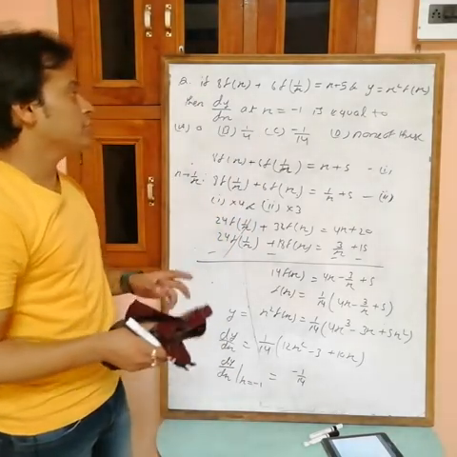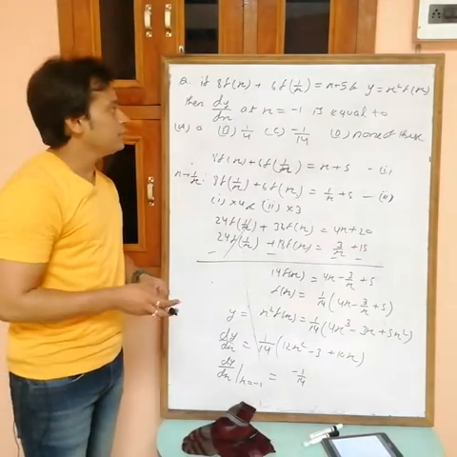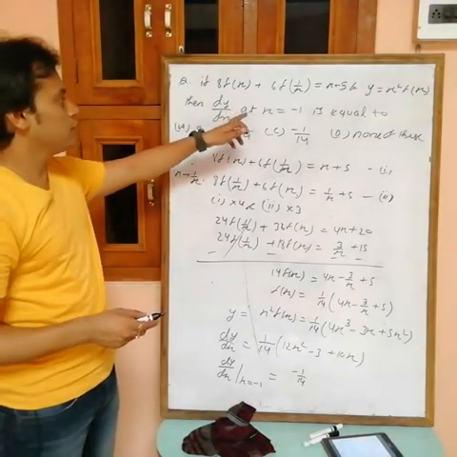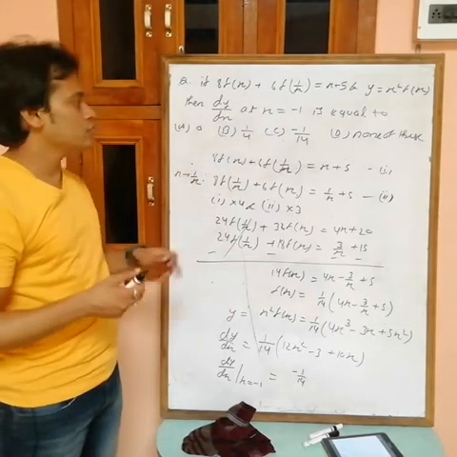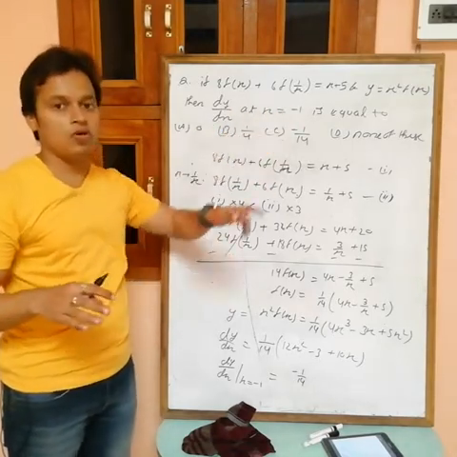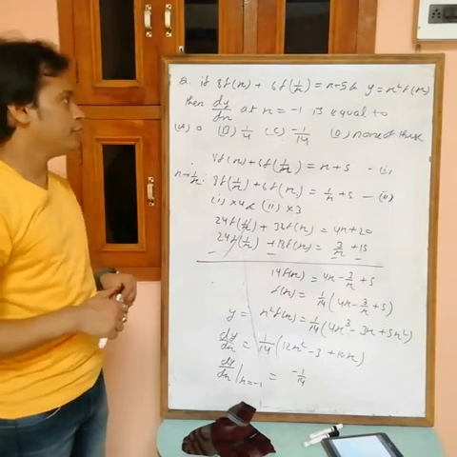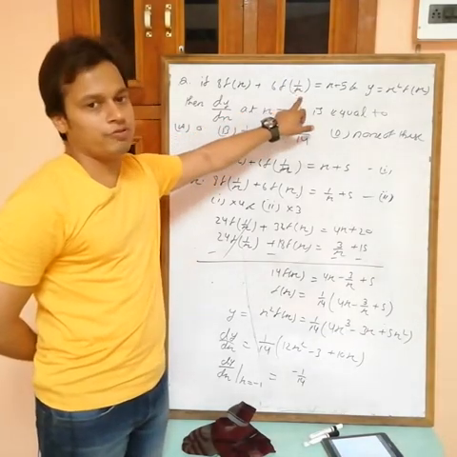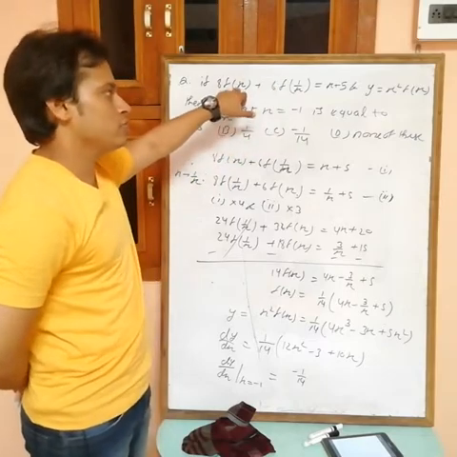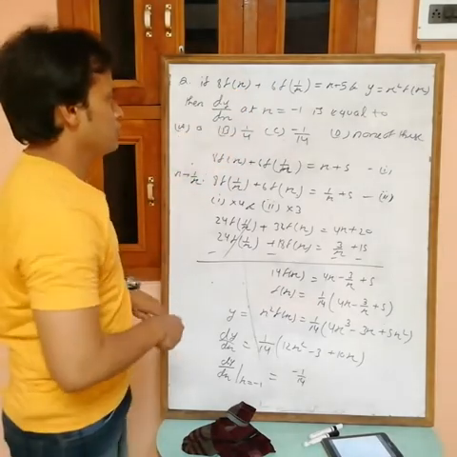You also have another option, but that method we can use only when x equals plus 1 or minus 1 is given. Because if you put x equals minus 1, then 1/x is also equal to minus 1, and x is also equal to minus 1. Now how to find it in general?